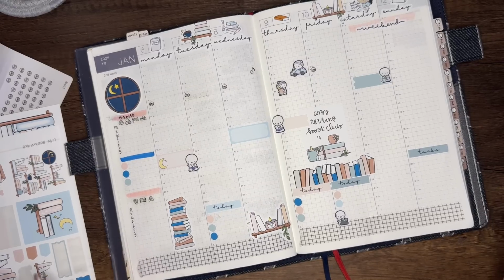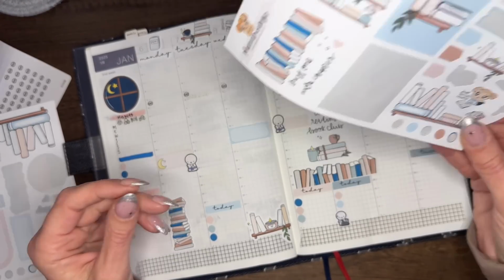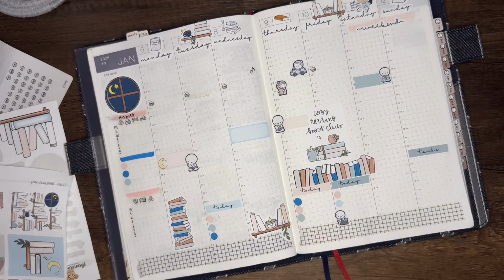So that's been the goal, but it's one thing after another, as always, and we haven't had the extra money. The extra money's gone to things like paying parking tickets, or not parking tickets, speeding tickets, and things like that. So